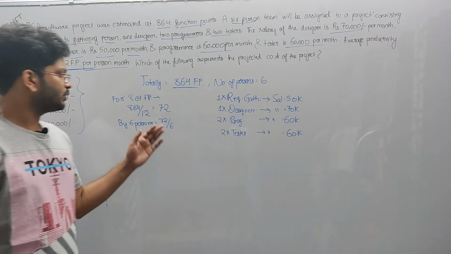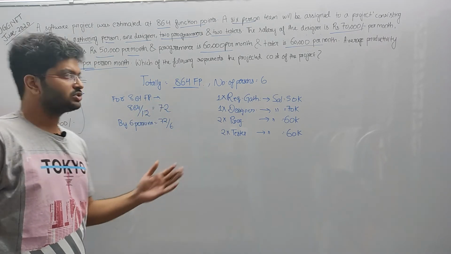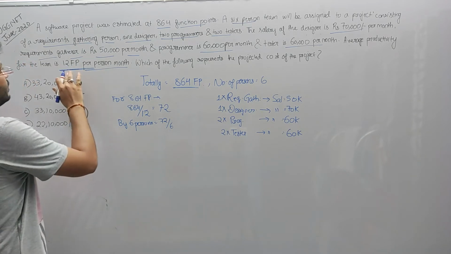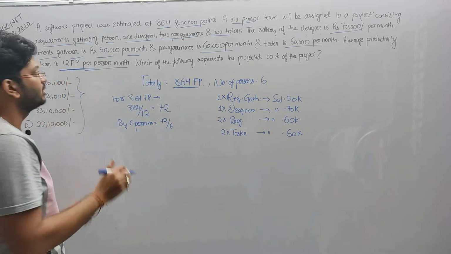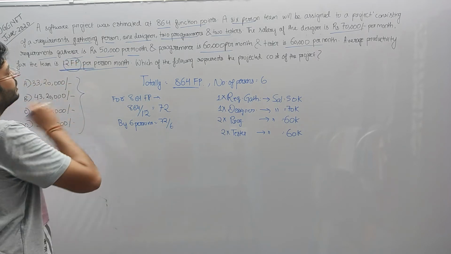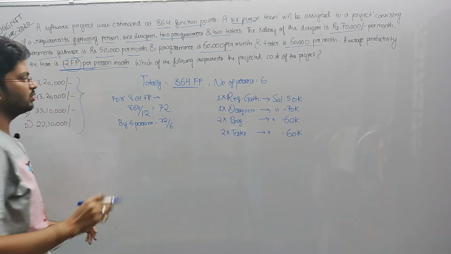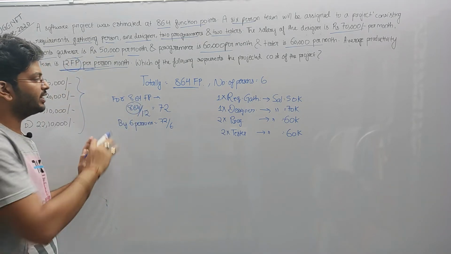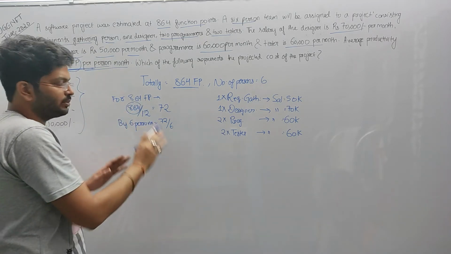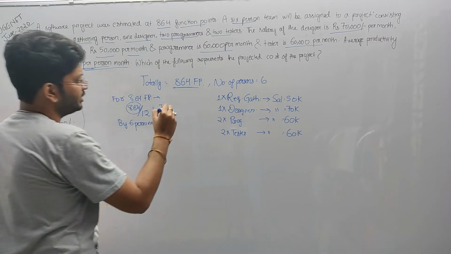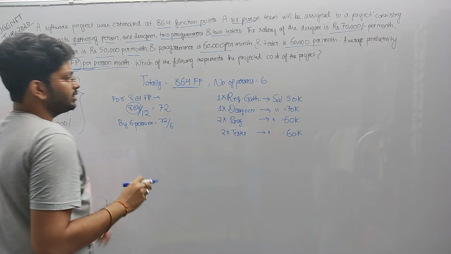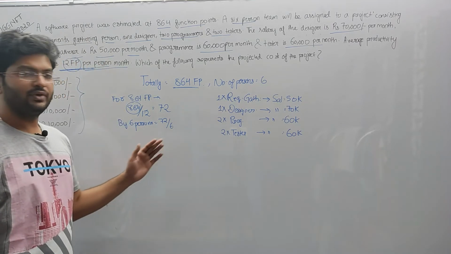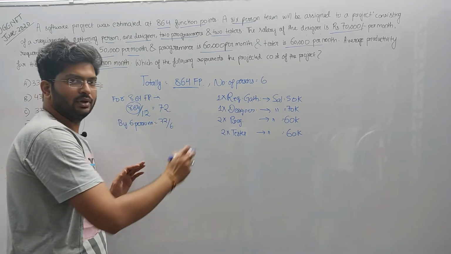So let me bring you again to this concept. Here we have 12 function points. Let me break this out for you. 12 function points per person per month, that is 12 function points can be built by a single person in 1 month. So we are having 864 function points. When I divide it by 12, in that case the unit of 72 is per person, means in the previous unit I wrote the unit of ppm, per person month.